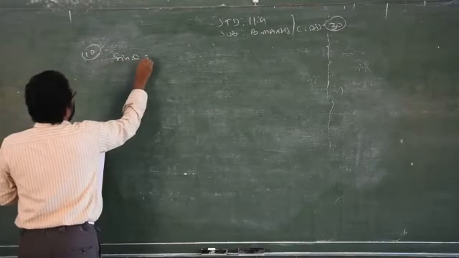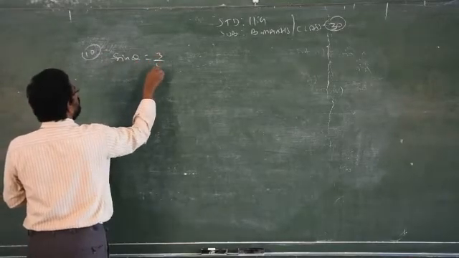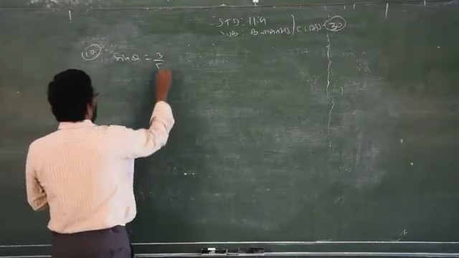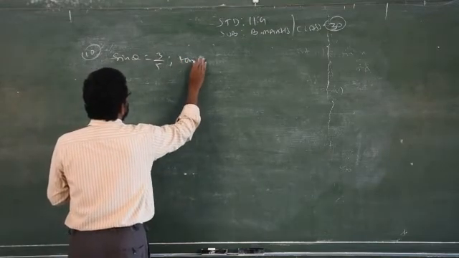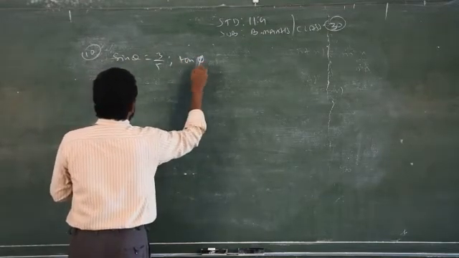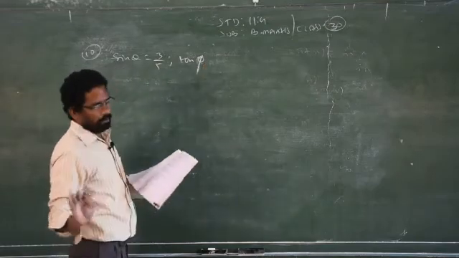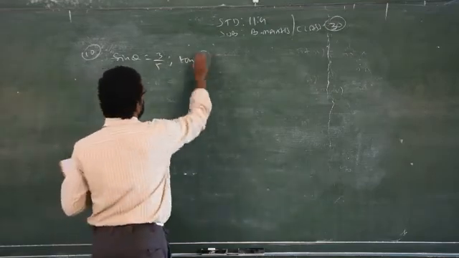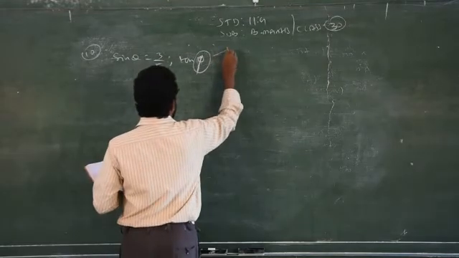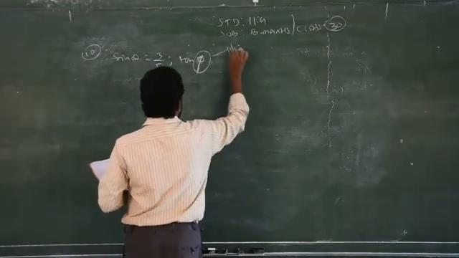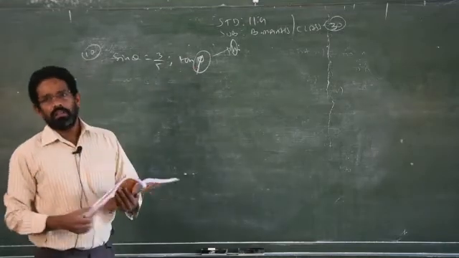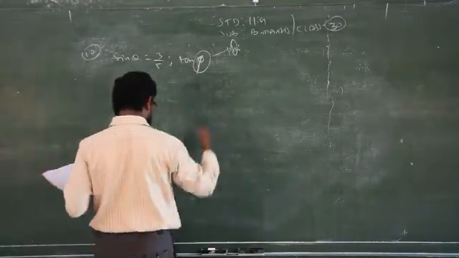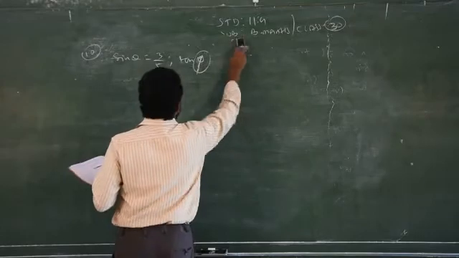sin theta is given as 3 by 5 and tan phi, some of the boys will pronounce that as pi. You don't pronounce this one as pi, that is phi, P-H-I, the H is silent, so you don't read it as pi, that is called phi. Tan phi is equal to